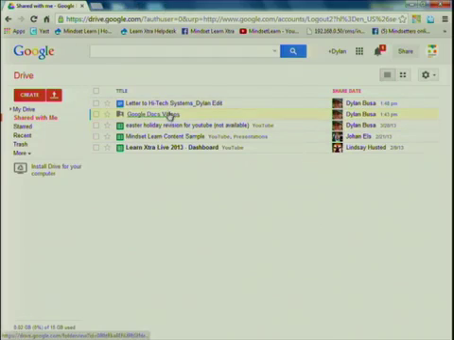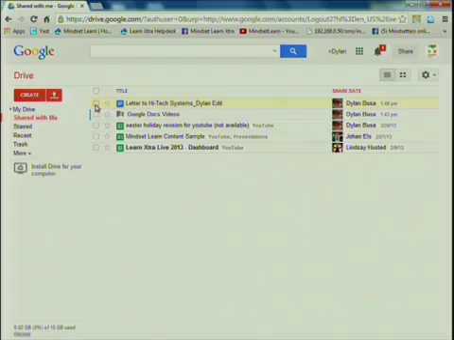Now if I go back to My Drive, you'll see that that letter now has its new name, but now I want to move it into My Drive. And there are three ways that you can move documents that have been shared with you into your Drive. Let me show you. The first way is to select the document that you'd like to move, and either from